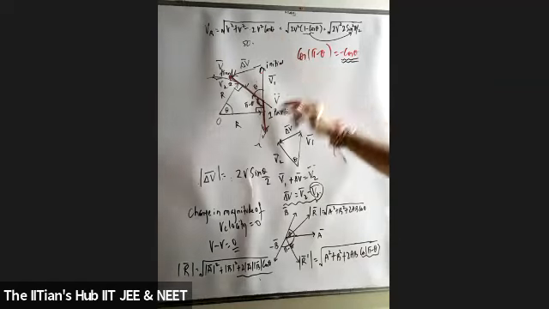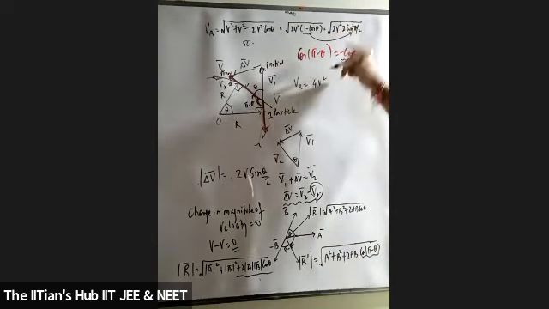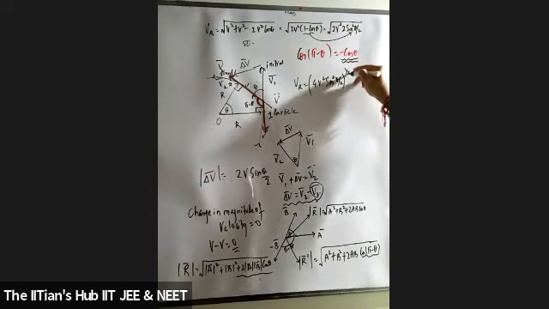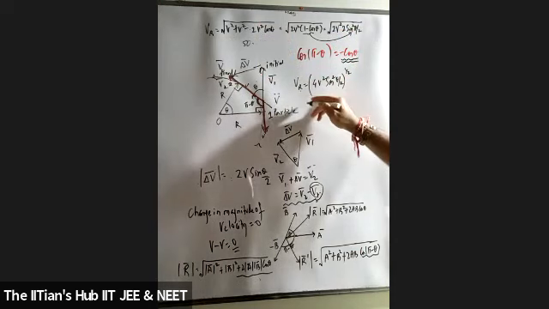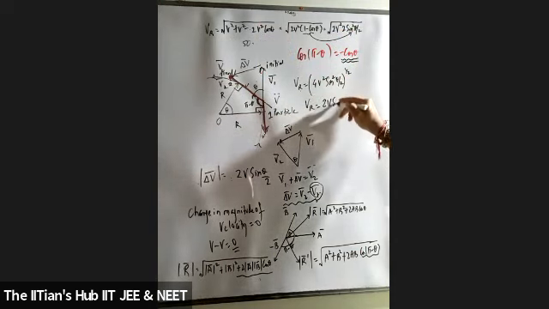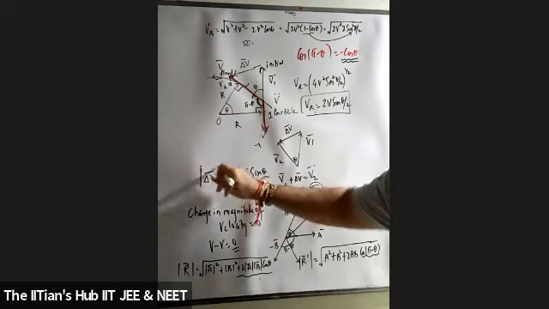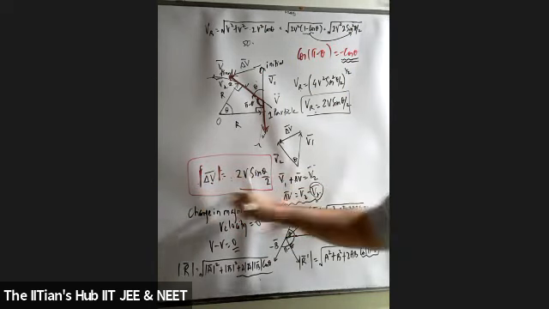Now, if I try to remove the root sign, what exactly will it be? 2 twos are 4, v square sine square theta by 2, raised to the power of half. If I go for the root, what will my final answer be? 2v sin theta by 2. This is your answer. Students, is it clear? So the answer for the magnitude of change in velocity is 2v sin theta by 2.